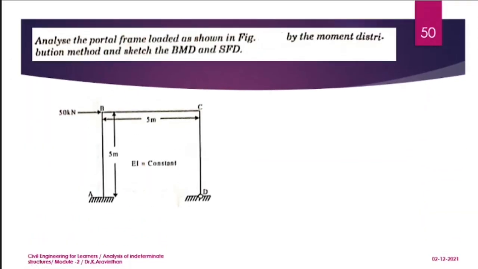There are two cases in this given data for making a side sway. The first is that the support should be the same. If the support is not the same, even though the height might be 5 meters at both columns, you will experience the sway force. Here the supports are not the same, one end is fixed and the other end is hinged, hence this is reason 1 for the side sway.